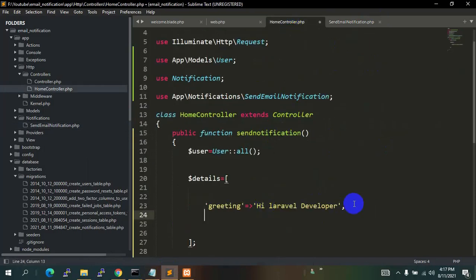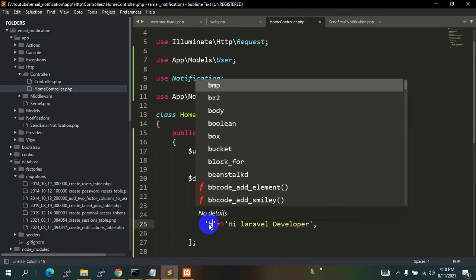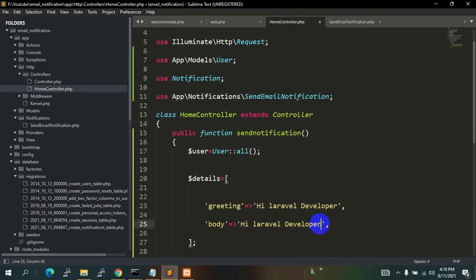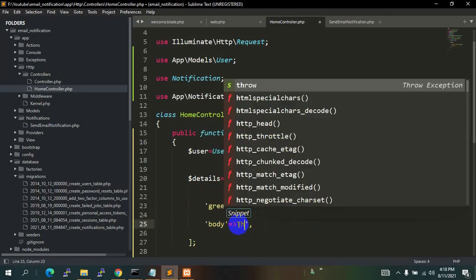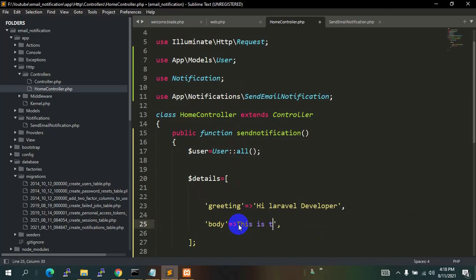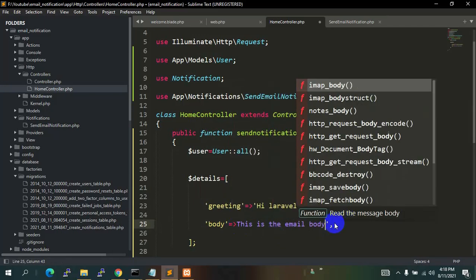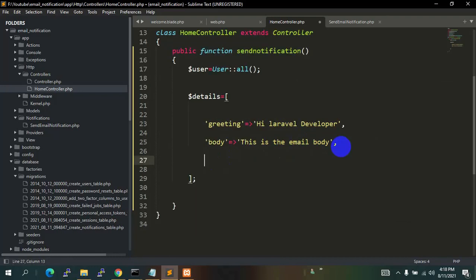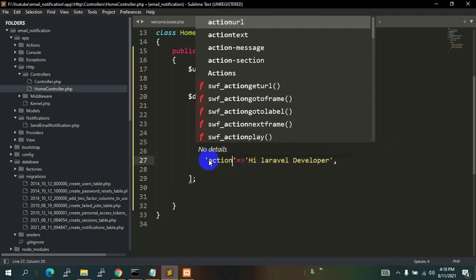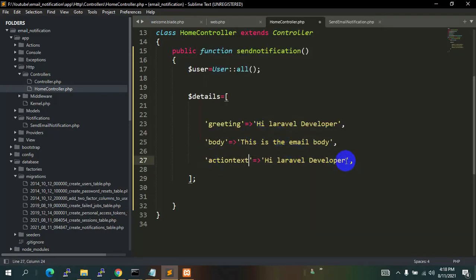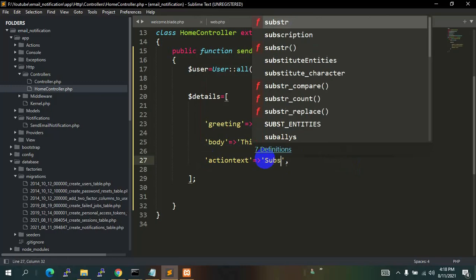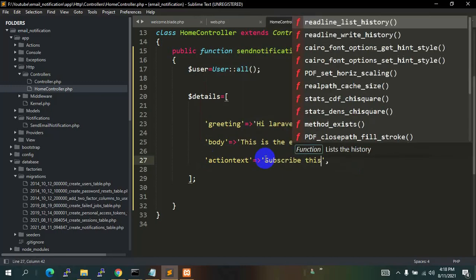So let me just copy this line, Control C, and over here I'll say body. Then let's say over here this is the email body. After body we'll say over here action text, then inside it we'll say, let's say, subscribe this channel.